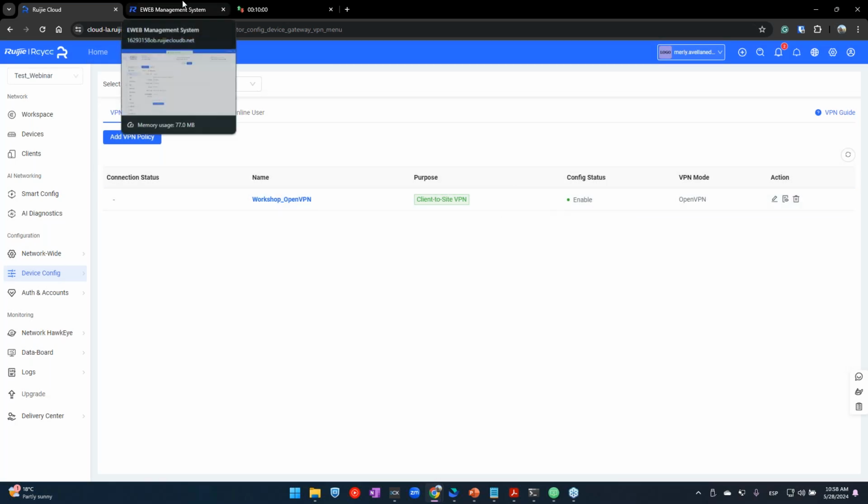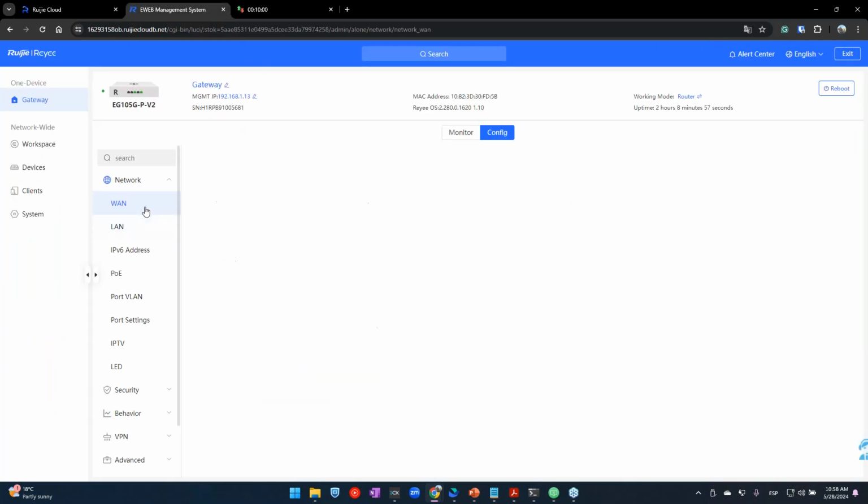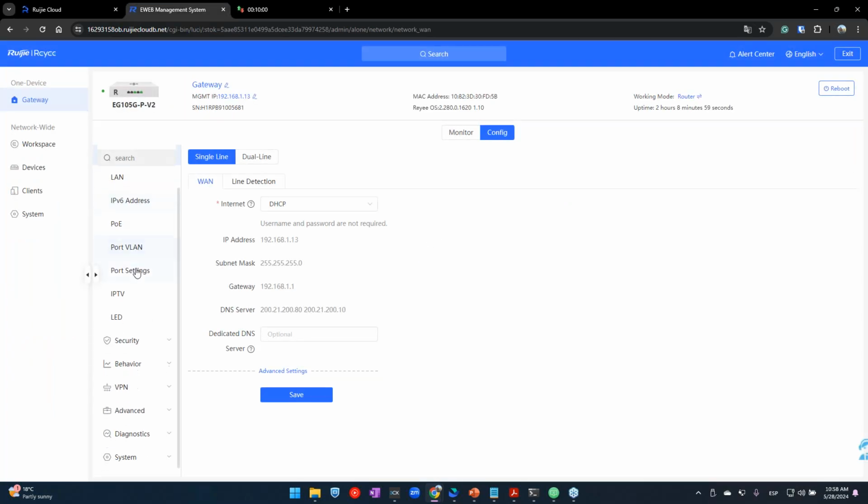We have to enter our router. In our router, we see VPN here. If we click here on VPN, we can see all the types of VPN that we can create. We can see IPsec, L2TP, PPTP, OpenVPN or VPN account. We did the configuration with OpenVPN. If we click here on OpenVPN,